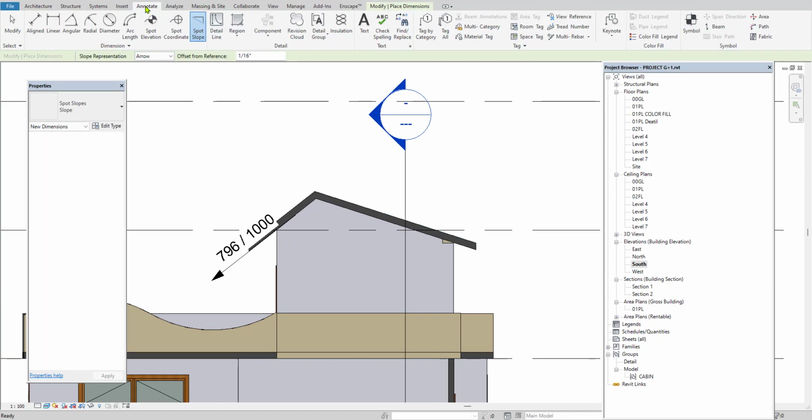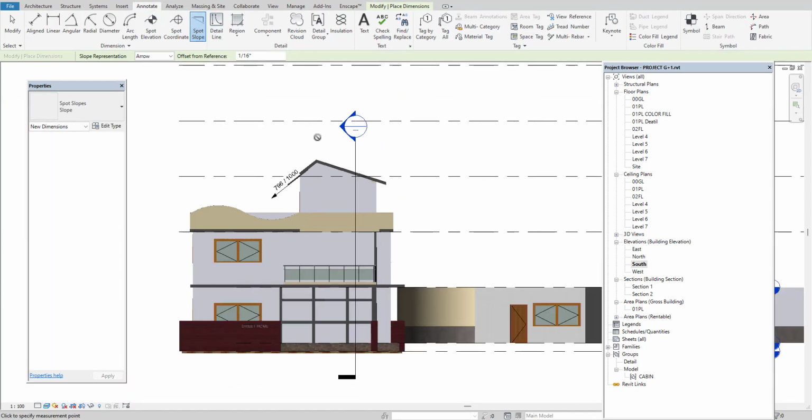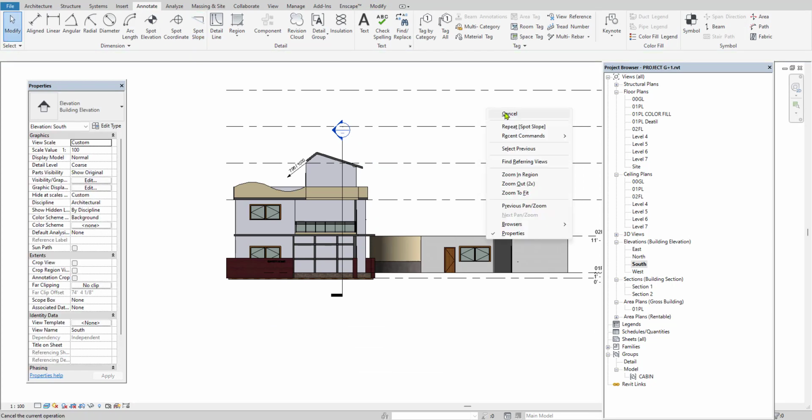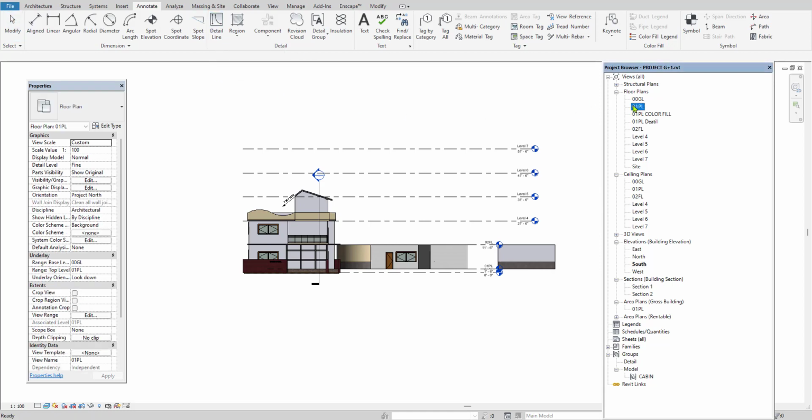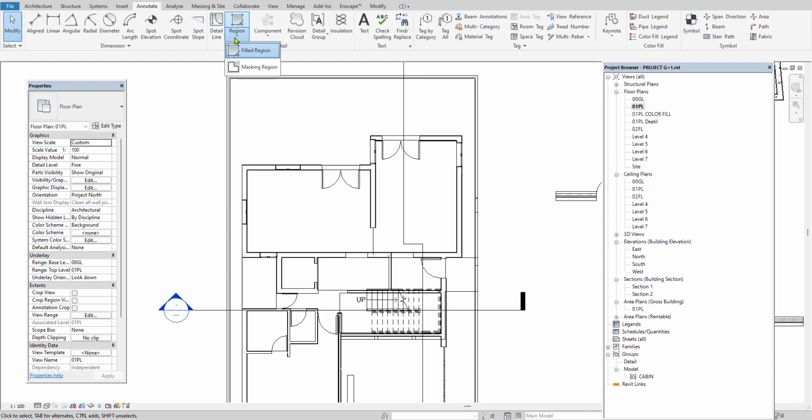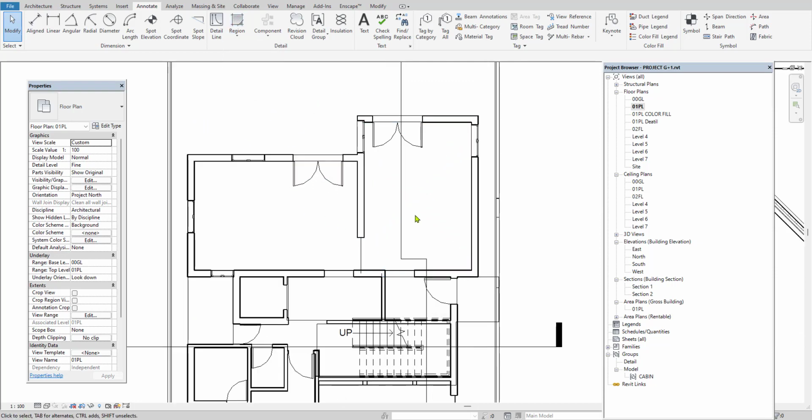Next will be detail line. Detail line is used to give any detail part dimensions either in the plan view or in the elevation view that we can see in the table creation. Next will be region. In order to highlight or specify a particular portion of your project with the help of hatch, normally we use this filled region. Just assume that this is a special portion and this special portion detailing I want to show separately. I want to highlight this. For that I am going to use this filled region option.